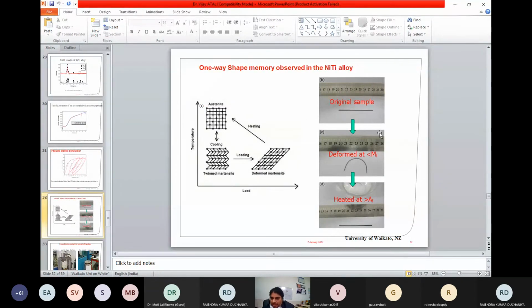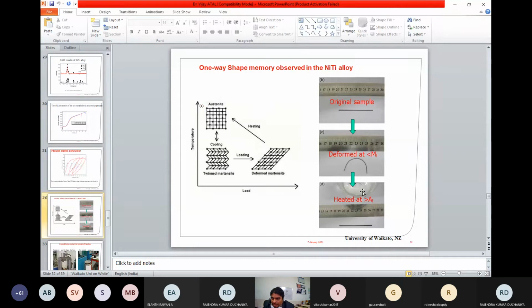A piece of material obtained from this particular alloy produced using powder metallurgy. You can see the original shape and the deformed shape. This material has been deformed at a temperature lower than the MF temperature of this material, and then it is heated in hot water, simply hot water kept above the AF temperature.